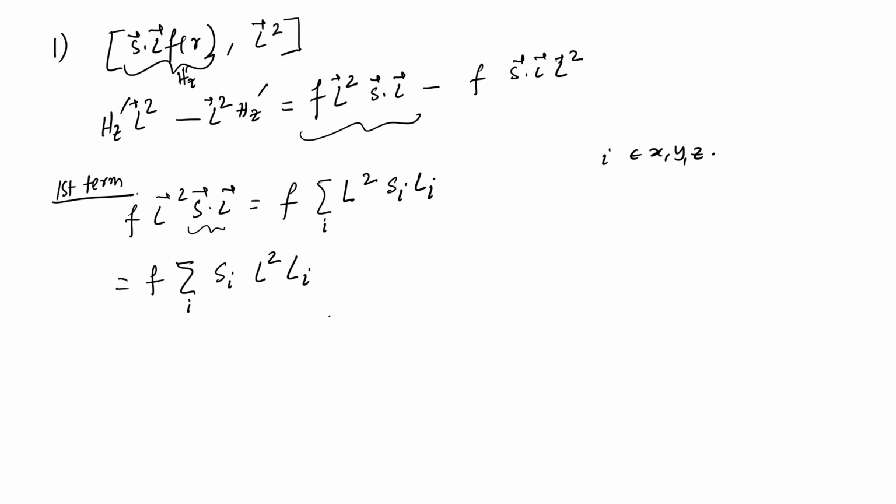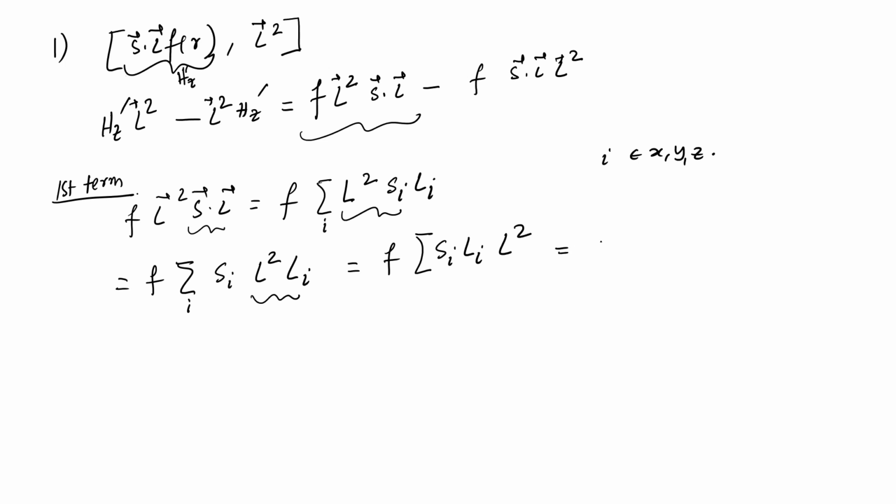Okay. And we can also commute these two. So, we have done these two here and write this, and L square of course commutes with any of the Lx, Ly or Lz. So, one can write this as f and S_i L_i L square,